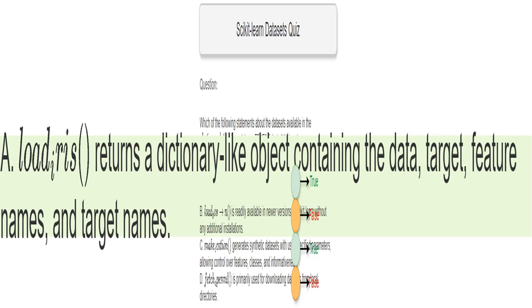This statement is false. Unfortunately, load_Boston has been removed from Sklearn because the Boston housing dataset contains problematic racial bias. This is completely true. The